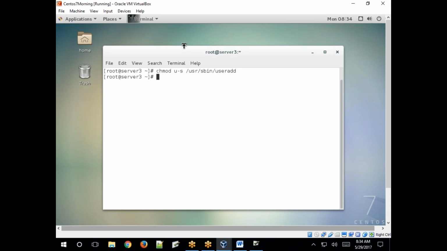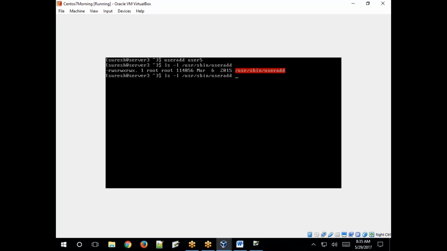So then change permissions also. chmod 7 on the useradd command location in sbin, user executable. Now execute the command once again, log in with this user.